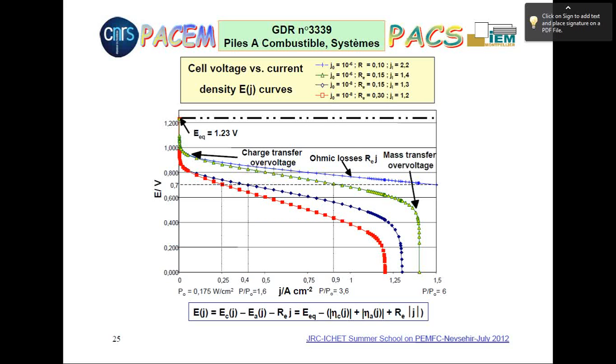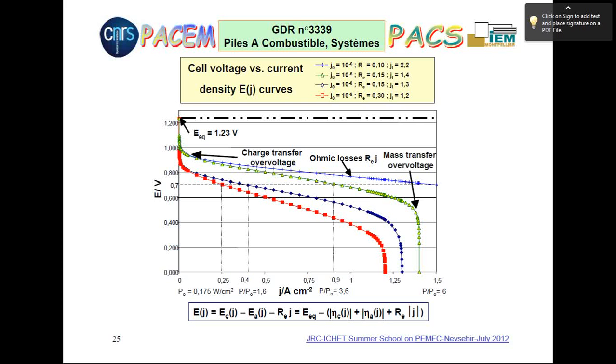So this part comes from the activation charge transfer overvoltage, which is related to the exchange current density, and in that case, 2 orders of magnitude at 2 times 60 millivolts per decade, so you have a shift upward of the curve by 120 millivolts. So that's the effect of the catalyst, the activation